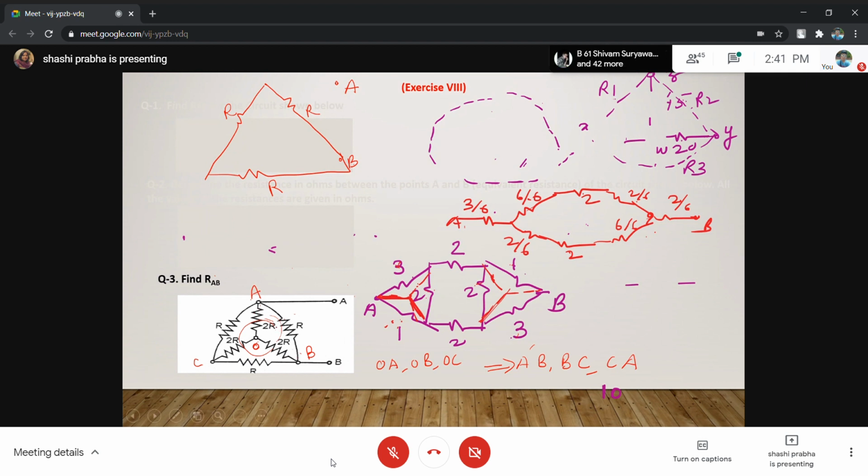अच्छा, एक टेक्निक बताती हूँ. Each resistance is how much? 2R, 2R and 2R, है ना? This is all star branches. 2R, 2R, 2R. If I draw a simple एक चीज में, if I draw